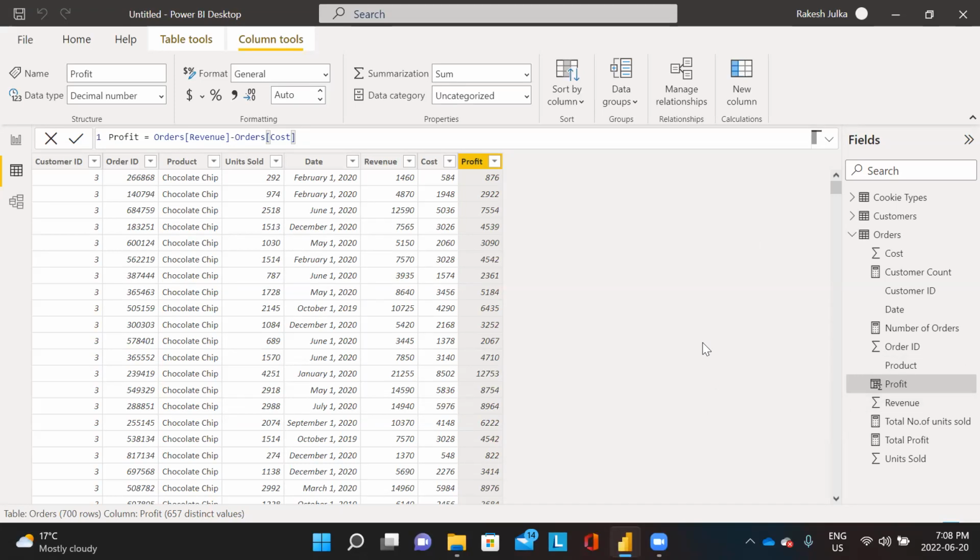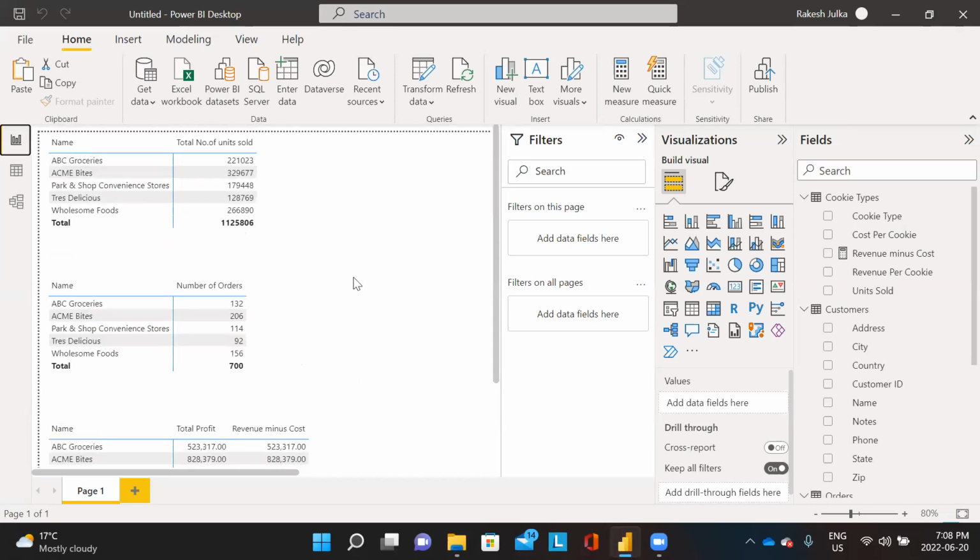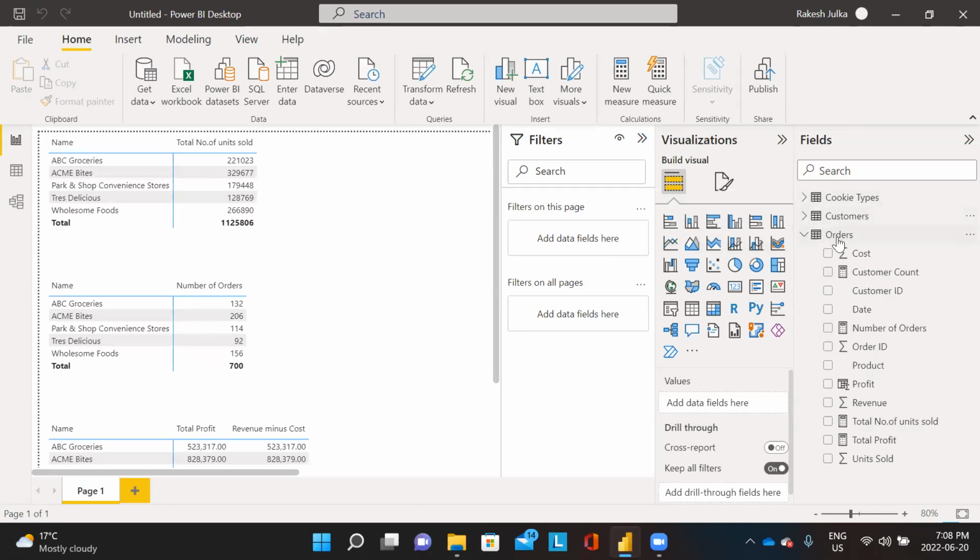Now next, I'm just going to click it here once again and look at these three measures and metrics that we have created. I'm going to create one last one, that is, find the profit margin percentage. We want to see what the profit margin percentage is. The profit margin is a very simple formula: profit divided by